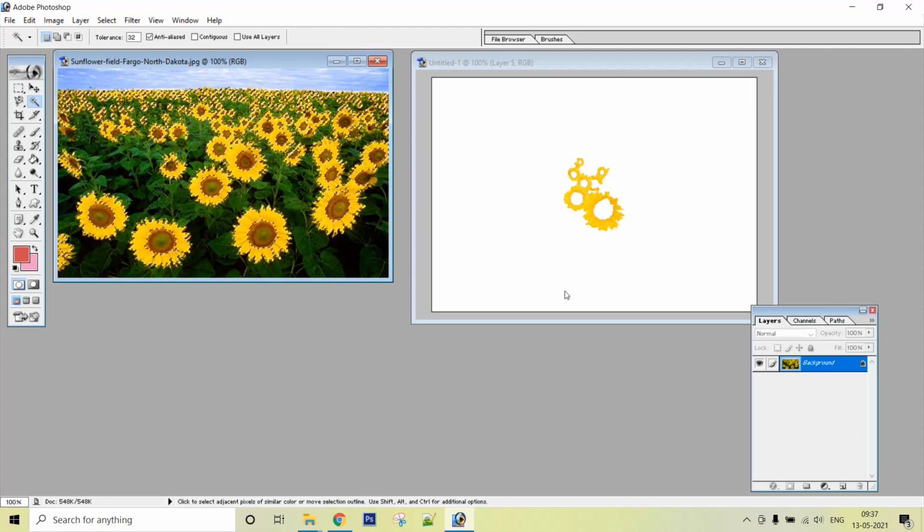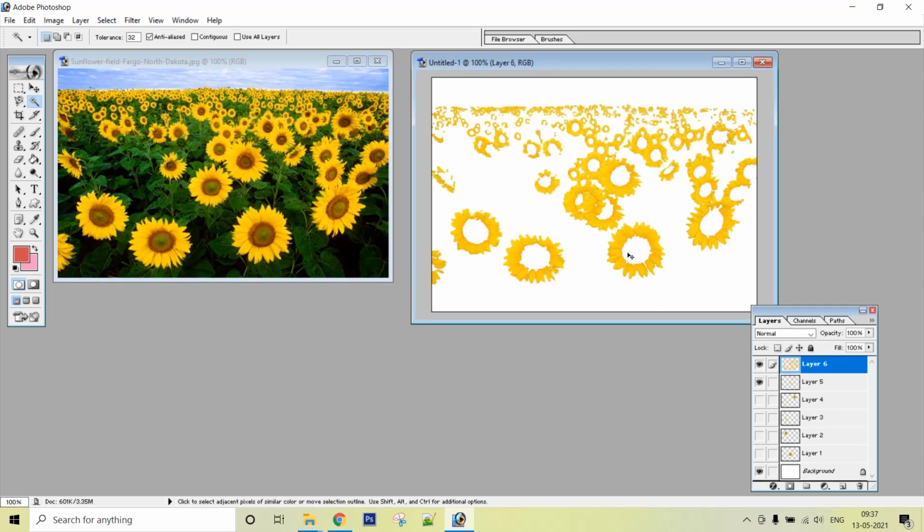So if I press Ctrl C and paste it here, you can see wherever the yellow color is there, that is selected and pasted here.